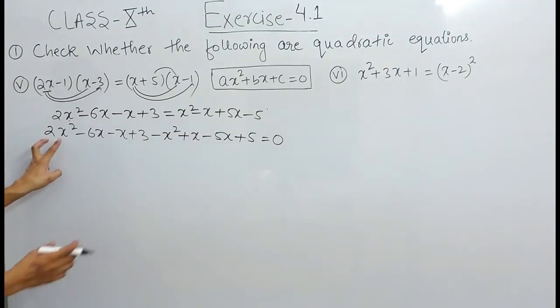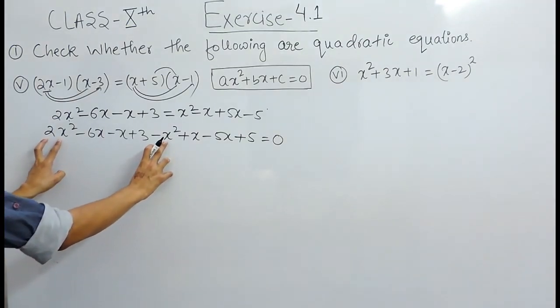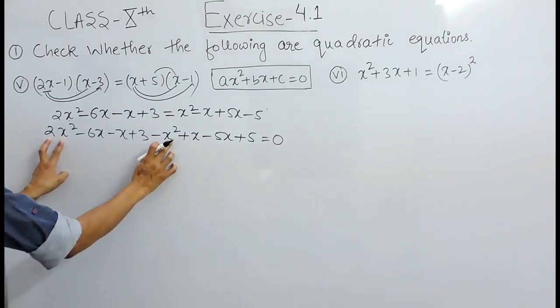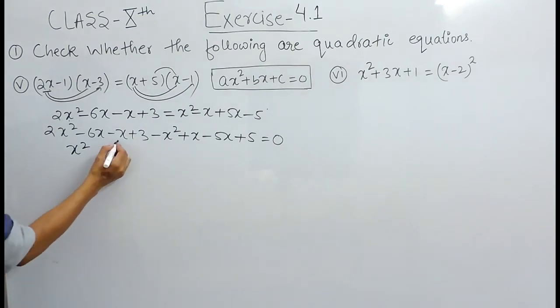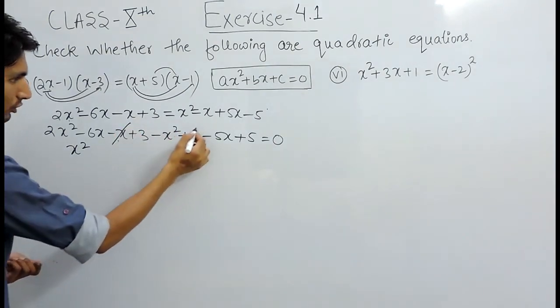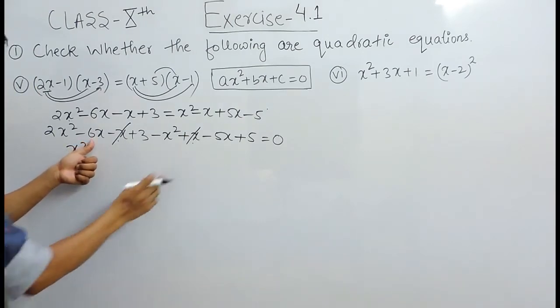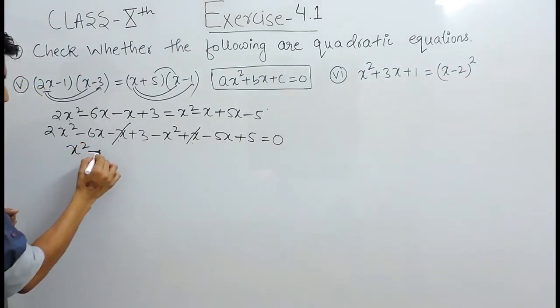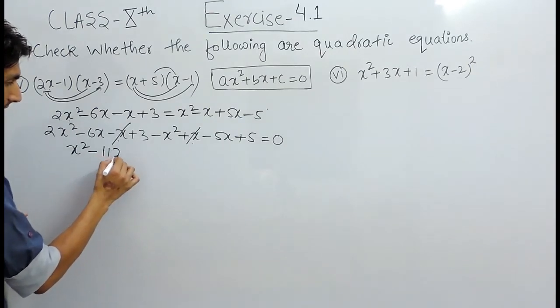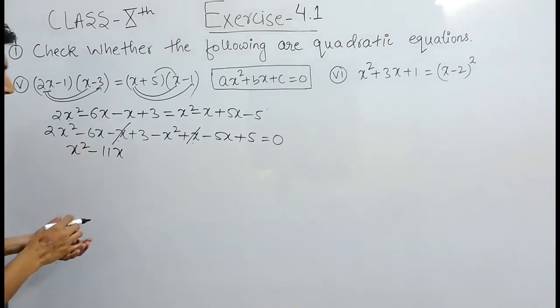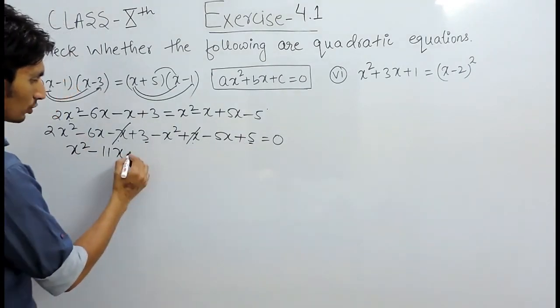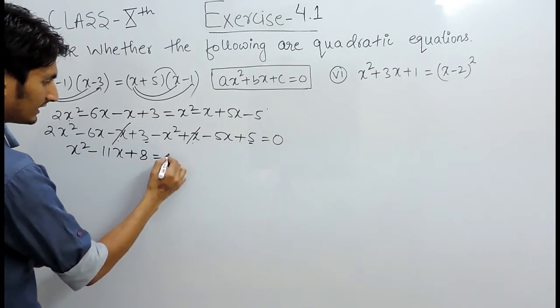We know that this and this are like terms. First of all solve this. Plus minus is minus, so 2 minus 1 is basically x square, and all the terms which are having x, these are like terms. You can solve them. So minus plus can be cancelled out because these are same, and minus is basically plus. So 6 plus 5 is 11, but the sign must be of the greater one, which is 6 with negative. And now 3 and 5 can be solved, which is 3 plus 5 is 8 equals to 0.